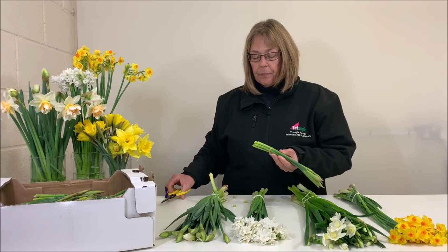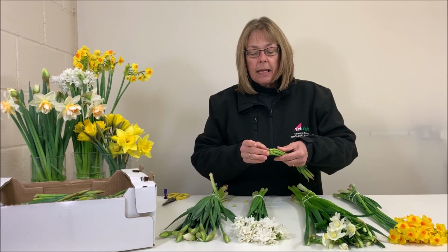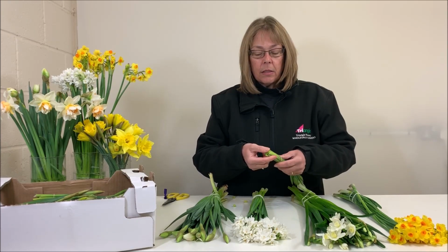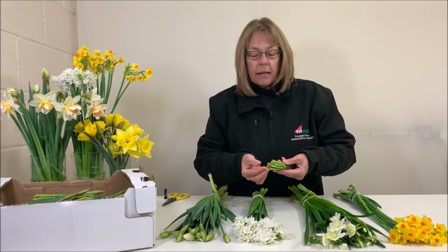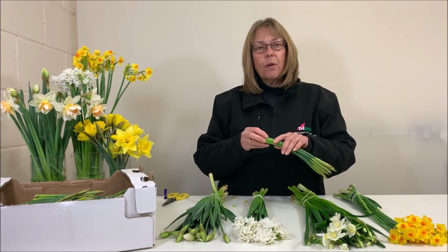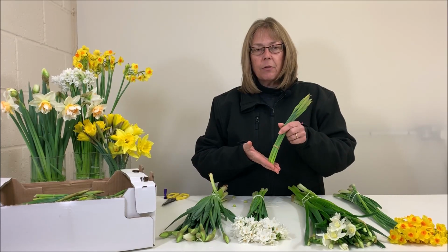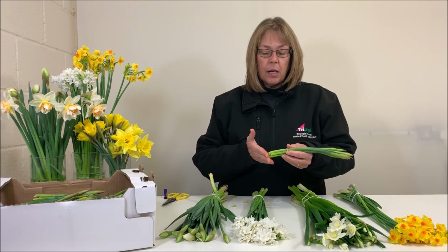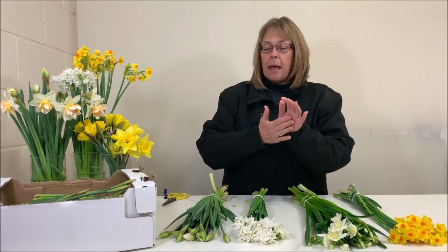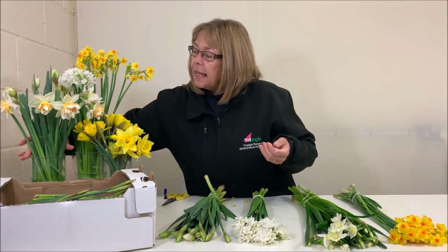When you do cut them, what you will find, I don't know if you can see, if I just touch that, you can see they ooze this awful sap. Don't know if you can actually see that on my fingers there. If you then put that directly into a vase with other flowers, they're actually poisonous, so it's going to be detrimental to the rest of the flowers in your vase. So don't do that. If you cut them and condition them and put them into a vase for up to 24 hours, like I have done with these,